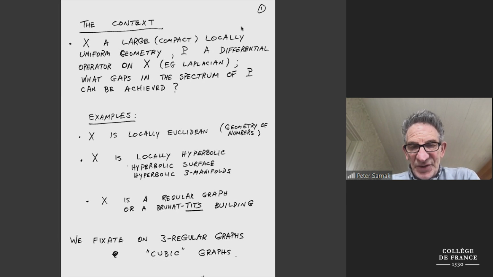But that's the context, and everything I said there you can forget about, because I'm going to be talking about the absolutely simplest case of this, which is the case of a locally uniform graph, which is a regular graph. And I'm going to even stick to regular of degree 3. That is, each vertex has 3 edges coming out of it, and it's a finite graph. We call this, I think combinatorists call this, cubic graphs, and I'll stick to that terminology. Why I'm sticking to 3-regular: there are places in which the proofs of some of these theorems will depend on the fact that it's 3 and not 17-regular. Most not so,